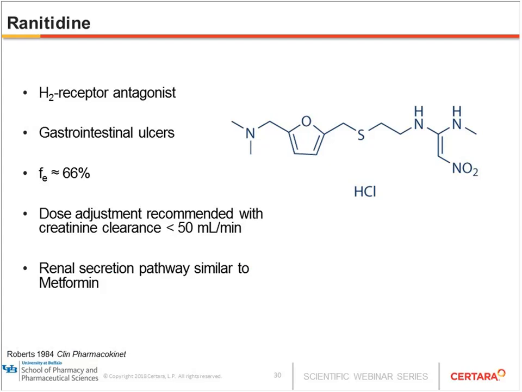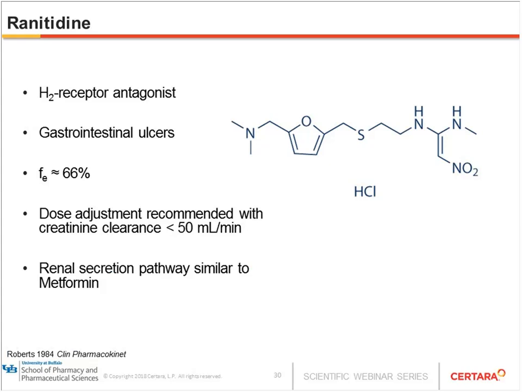Is that specific to metformin, or is it applicable to another substrate of OCT2 and MATE1-2K? So ranitidine is an H2 receptor antagonist used for the treatment of gastrointestinal ulcers. It is also highly excreted in the urine. It has a fraction excreted of about 66%, and dose adjustment is recommended with creatinine clearance less than 50 milliliters